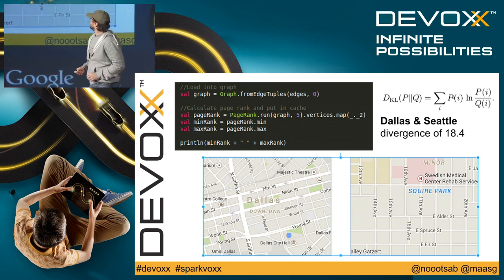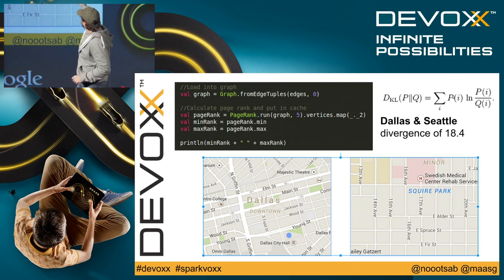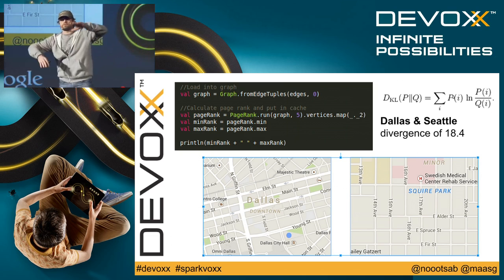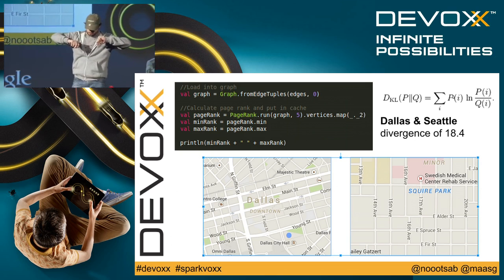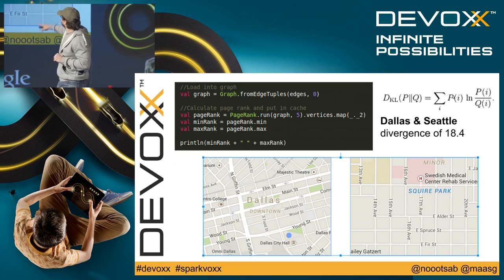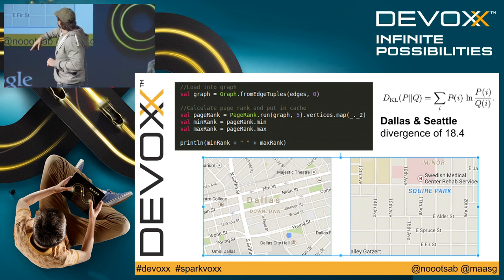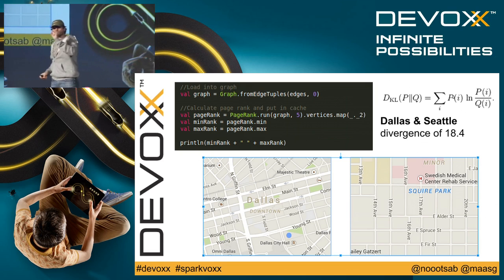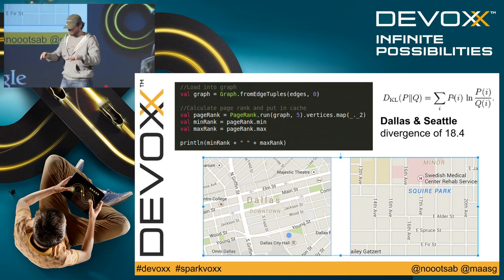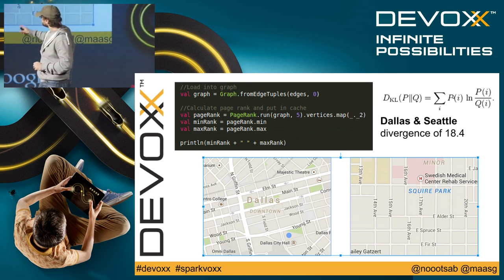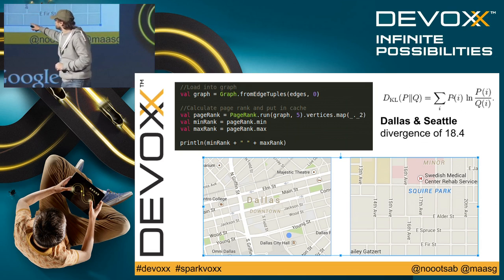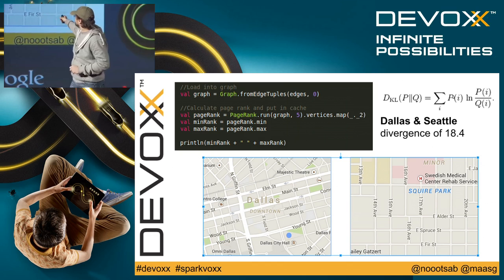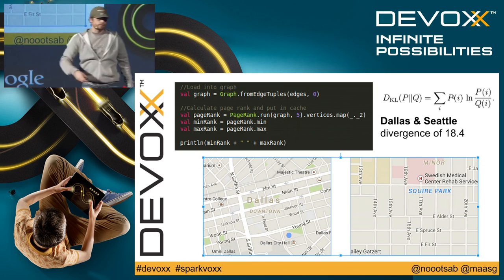So what we've done is we apply some statistics that is computing the difference between two distributions, and we end up with scores saying, okay, Dallas is very different from Seattle. 19 is actually very high because the closest to 0 the similar distributions are. And why we have such high divergences? Because Seattle is very grid-oriented, the other one is a complete mess.